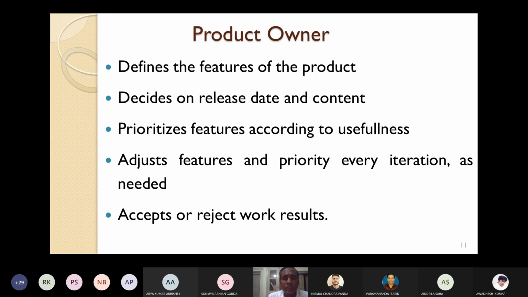So the product owner adjusts the priority every iteration as and when needed. He can accept or reject the work result. After one sprint is over, whatever interim results or working software you get, he can either accept or reject.